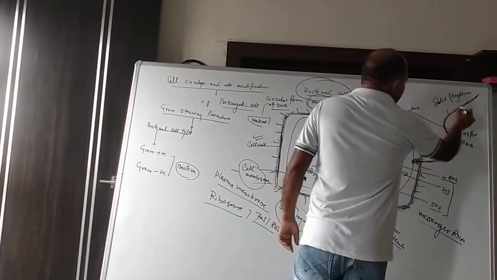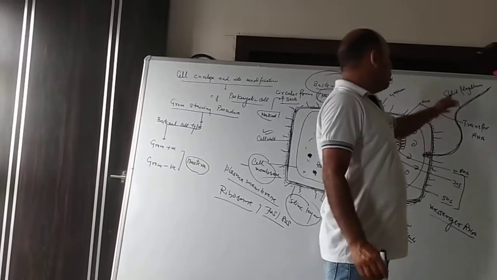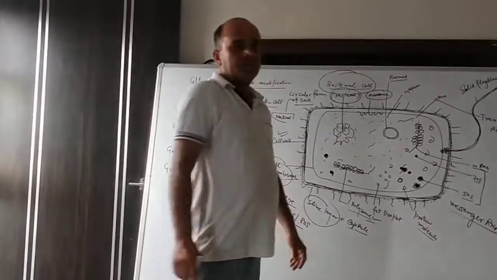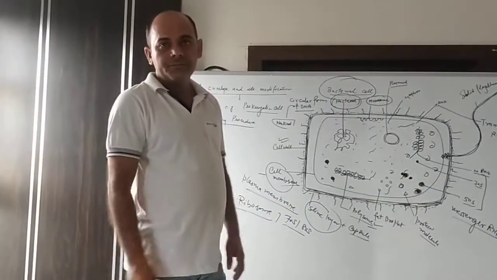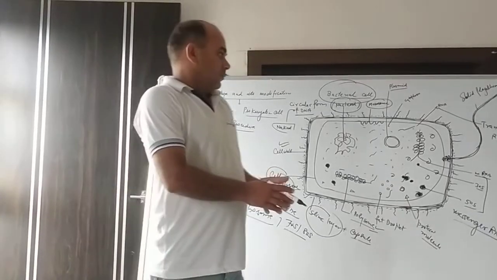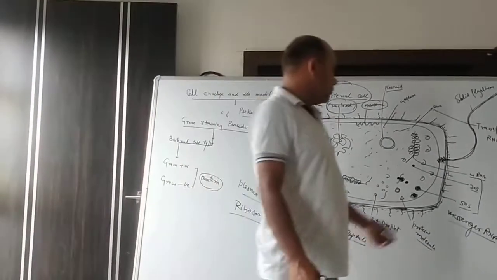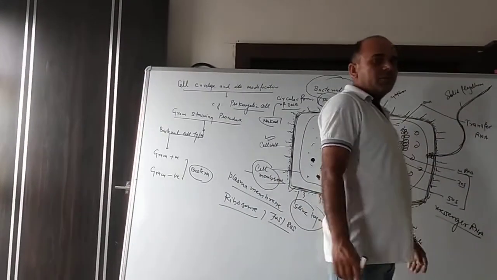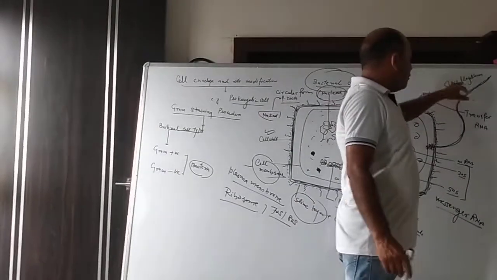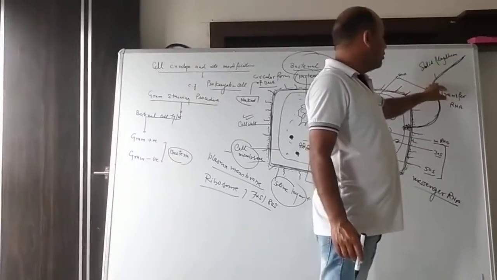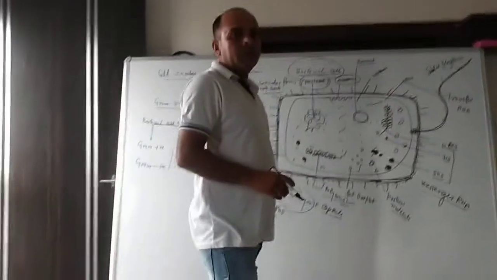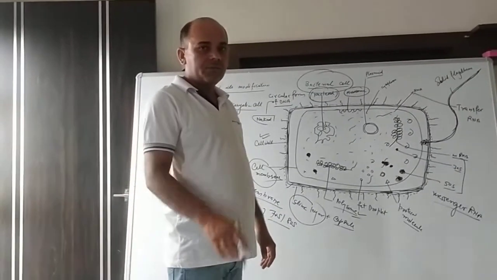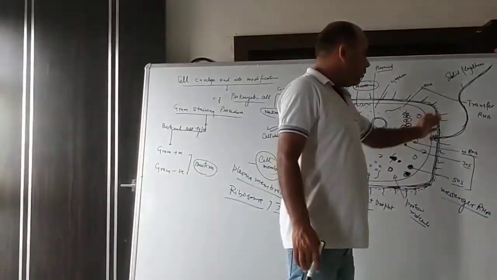A long thread-like structure is present. This is called flagella. The flagellum is divided into three parts. One is called the filament, another is called the hook, and another is called the basal body. It is attached to the base. This is the hook, and this long thread structure is called the filament. This is the flagellum, which helps in the movement of bacteria. There are many types of bacteria on the basis of presence or absence of flagella, so it can show the motility power.